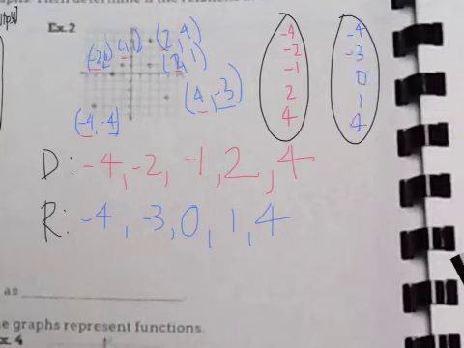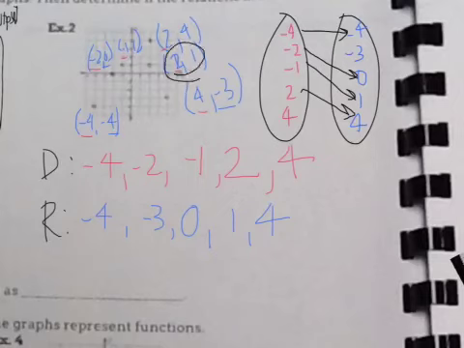And we're going to draw our arrows. So it looks like -4 goes to -4, -2 goes to 0, -1 goes to 1, 2 goes to 4, 2 also goes to 1, so 2 could change into 4, or 2 could change into 1, and 4 changes